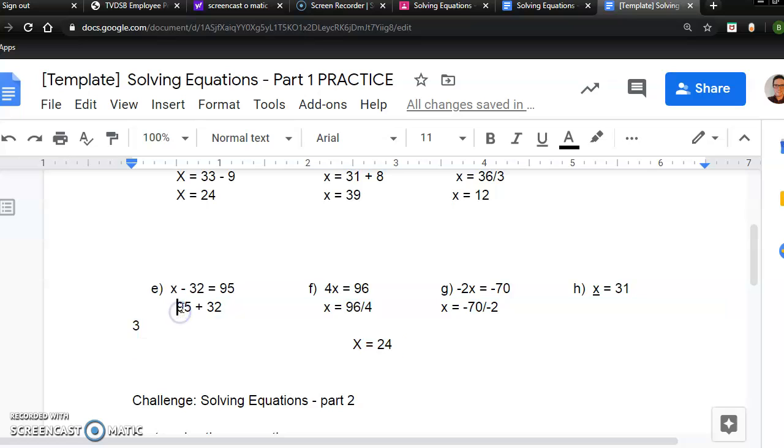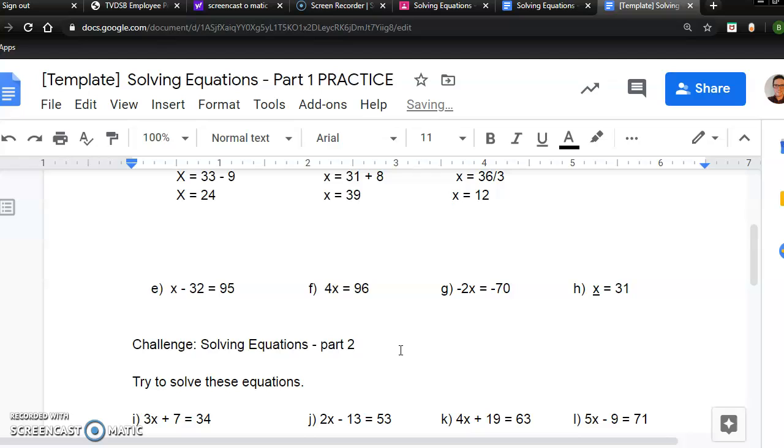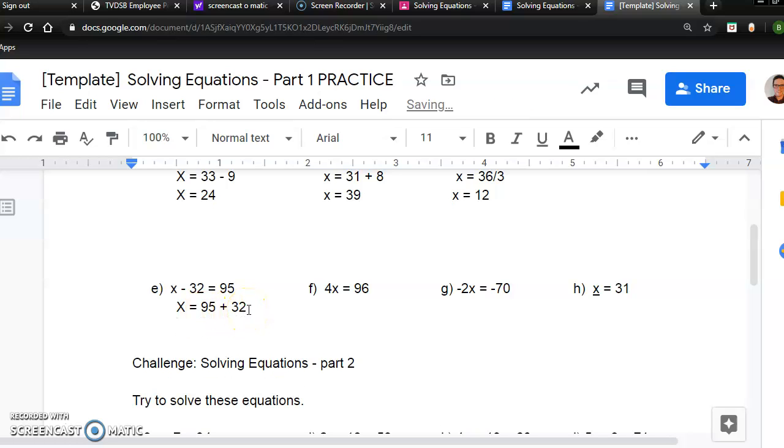Same with example E. I don't want to keep doing all these easy ones, but x minus 32 equals 95. What are we doing to x? We're subtracting 32. So we have to do the opposite to get it by itself, or add 32. So if we're adding 32, the plus 32 and the minus 32 cancel out to leave x by itself. And then we have to do 95 plus 32. We have to do it to the other side as well, right? Do that math. x equals